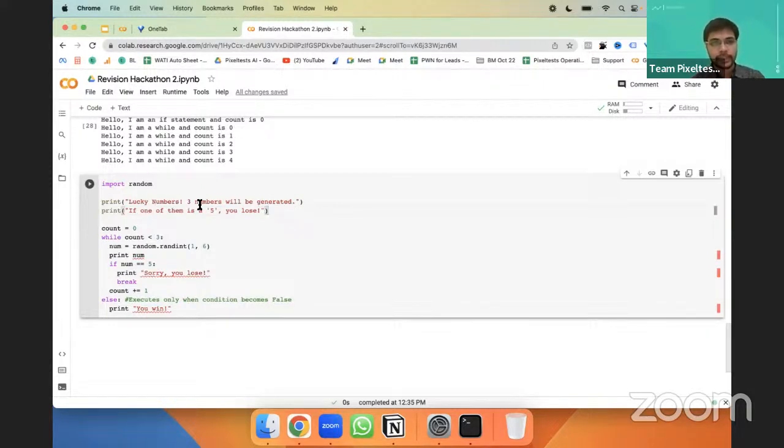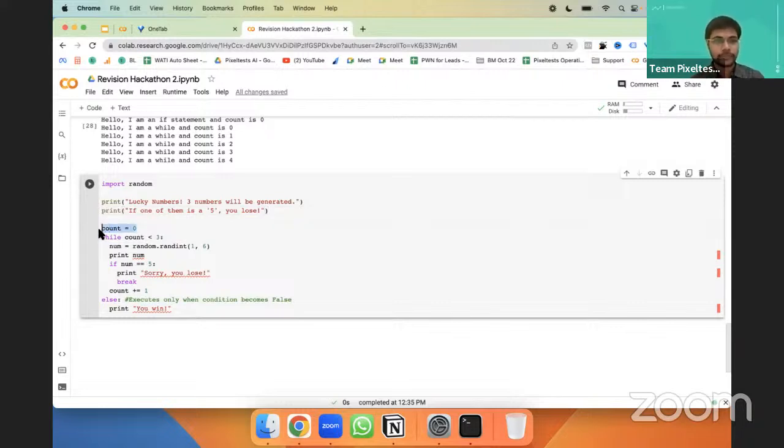The three lucky numbers will be generated. So we are creating a logic which will generate 3 random numbers. If one of them is 5, you lose. Basically, that is the logic of this small game.